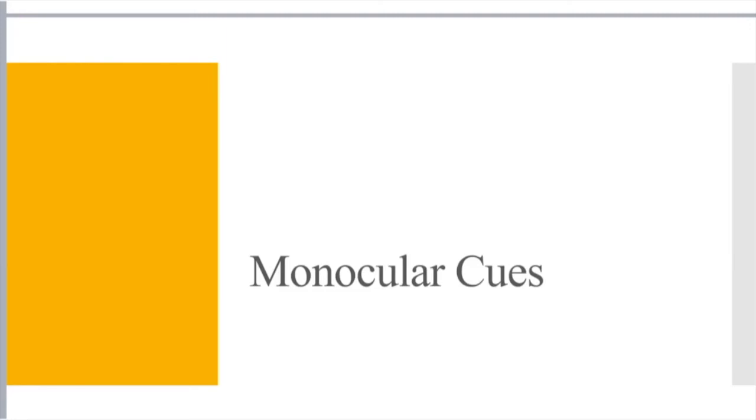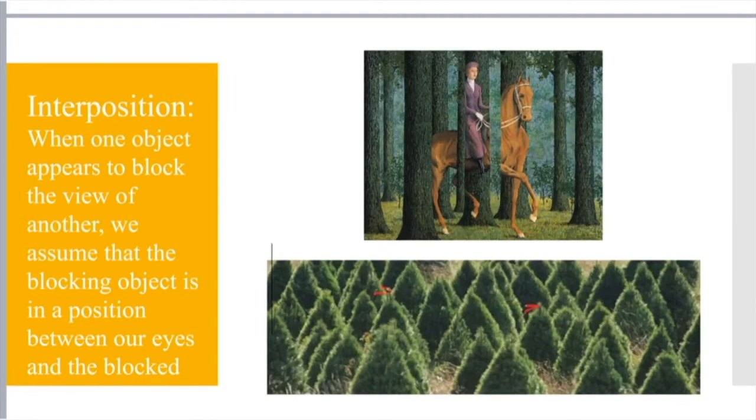So like I said, we're going to crank through these pretty quick, just to give you an overview, and then you are going to actually go out into the world and come up with examples of what those actually look like. So the first monocular cue that we are going to talk about is interposition, and this is when an